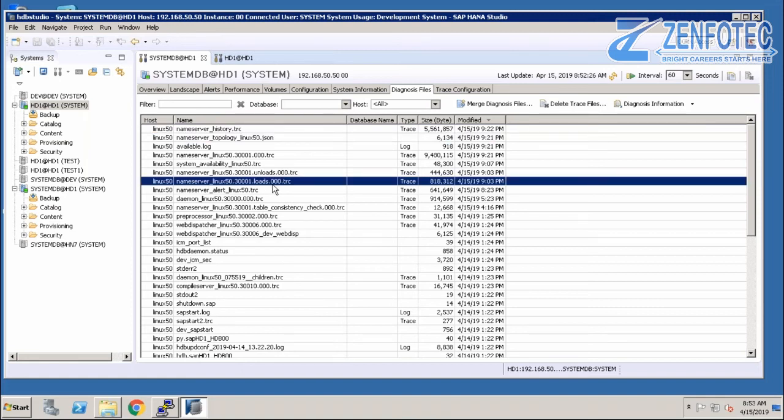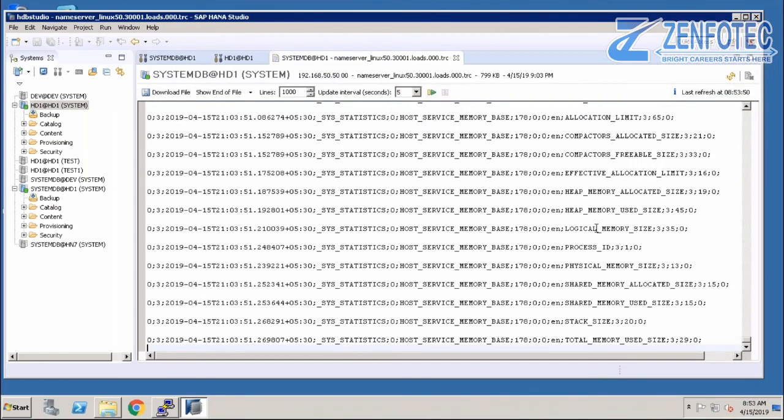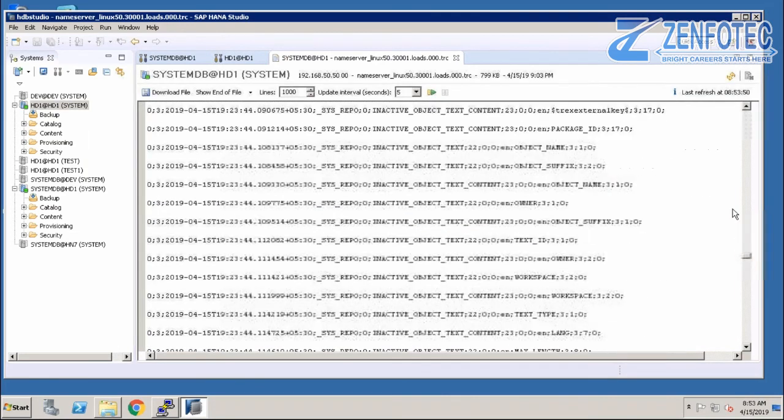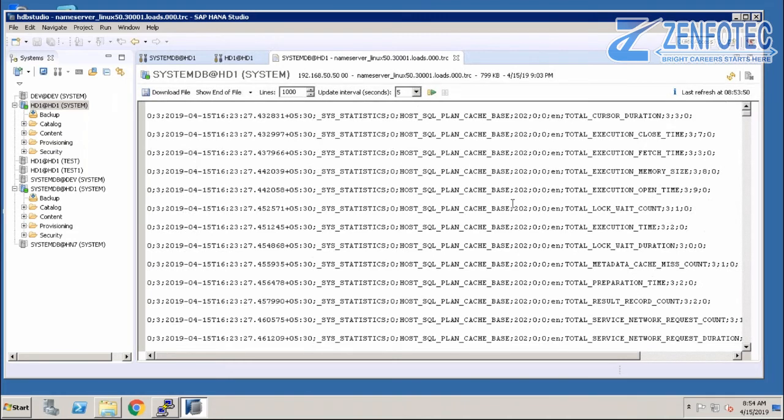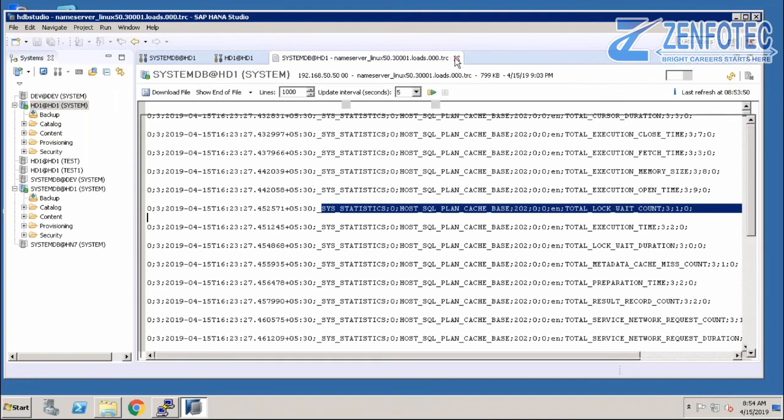When you restarted, then the name server, if you see here, what tables or data are loaded into memory, you can see in this load file. If you double click and open that, it will give you all of this. These are all the tables loaded into the memory.